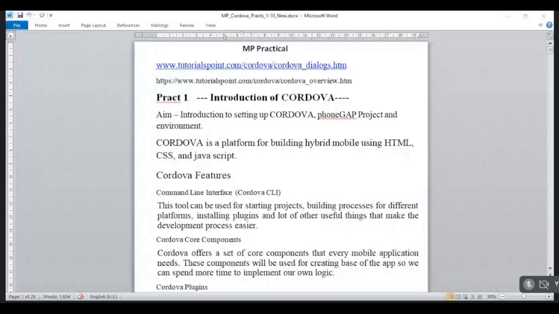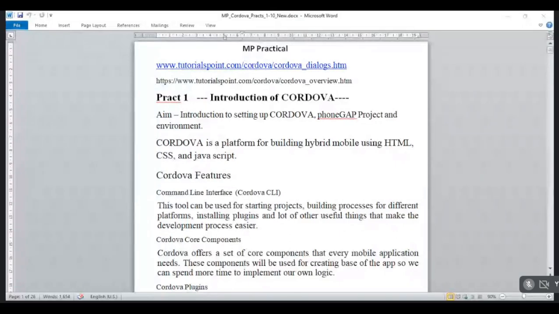Before we start, just understand the meaning of Cordova. This is your practical number 1: introduction and meaning of Cordova. So, what is Cordova? Cordova is a platform for building hybrid mobile applications using HTML, CSS, and JavaScript.